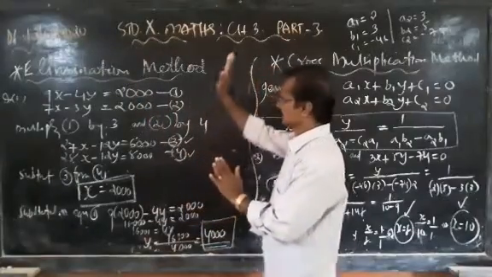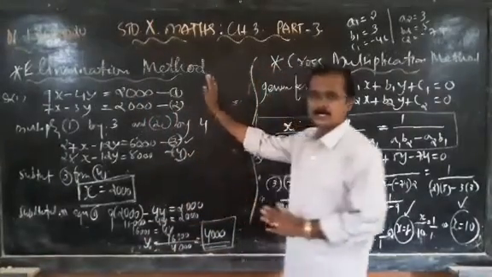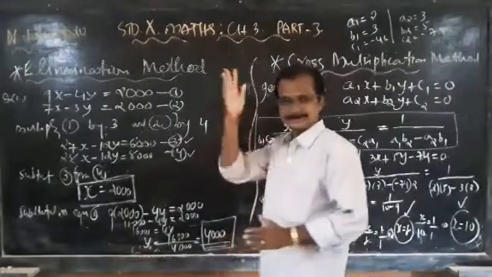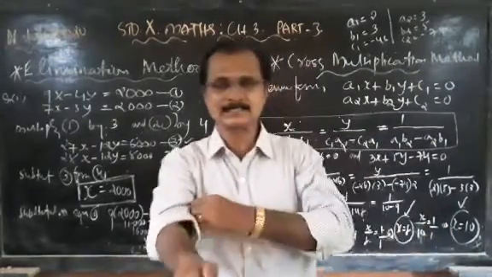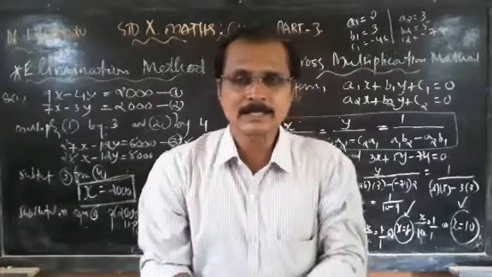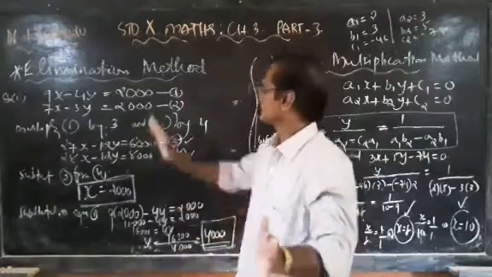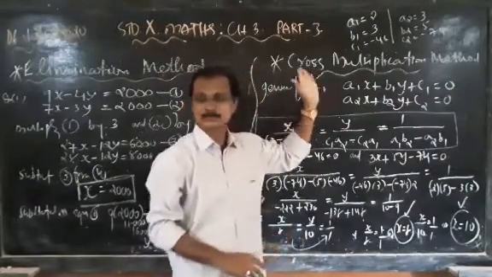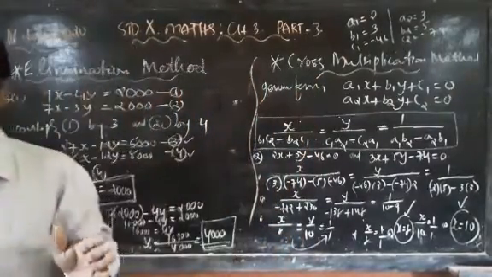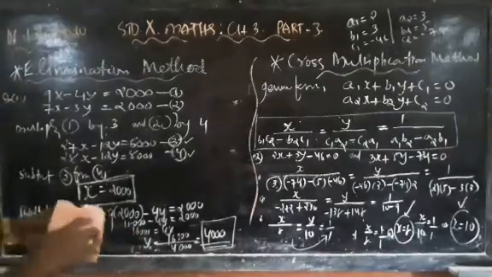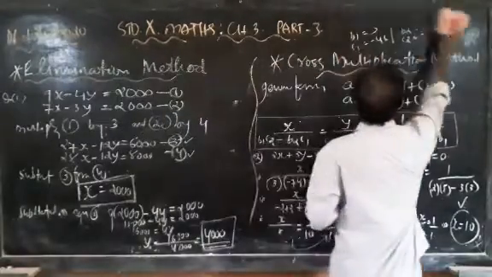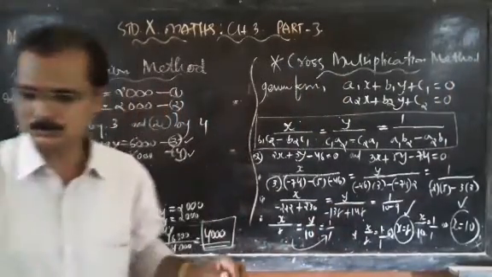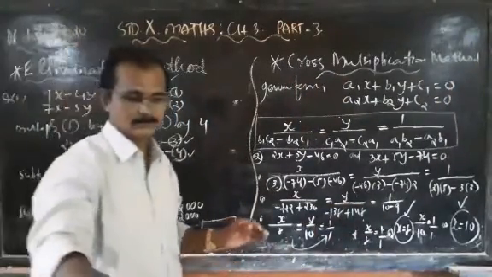So you can use the elimination method or the cross multiplication method. So get practice for the elimination. Exercises are there, more examples are there, so do it, complete it and get more practice for these two. This is the elimination method and this method is known as the cross multiplication method. The second method is the cross multiplication method.